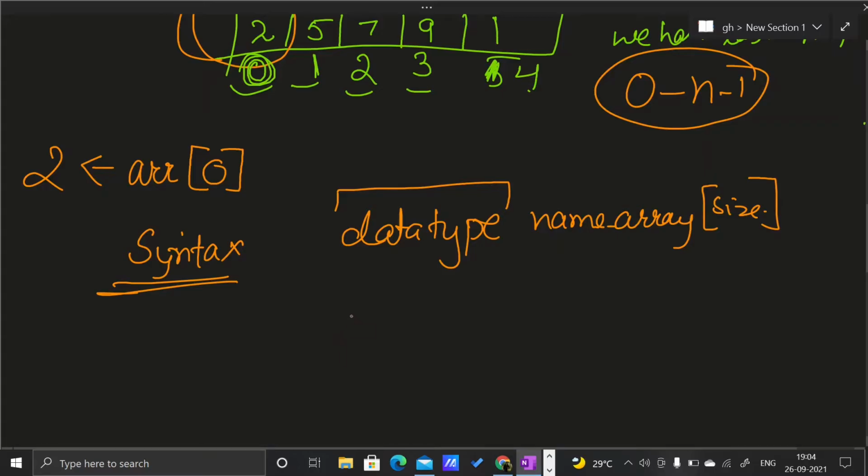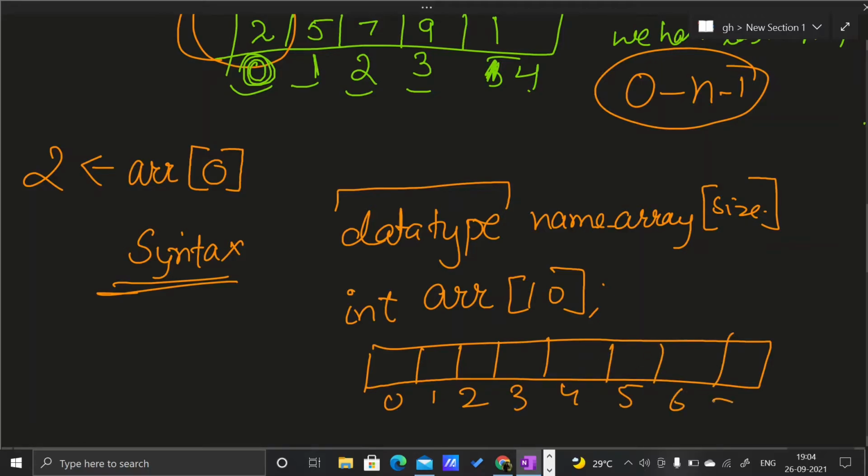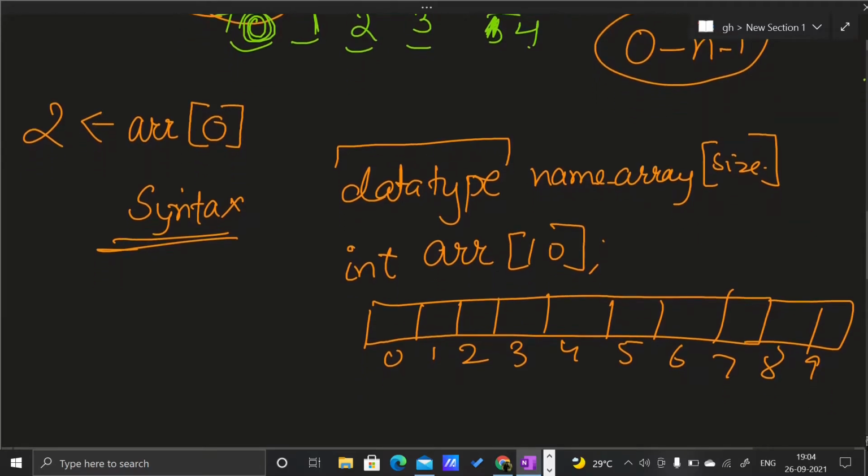So suppose I want an integer type array and I give it the name arr and I want size 10. So this will give me an array of size 10, indexed 0 1 2 3 4 5 6 7 8 and 9. This is the array I will get.